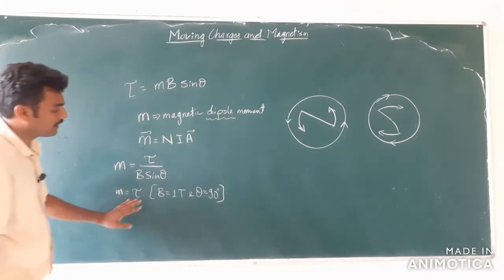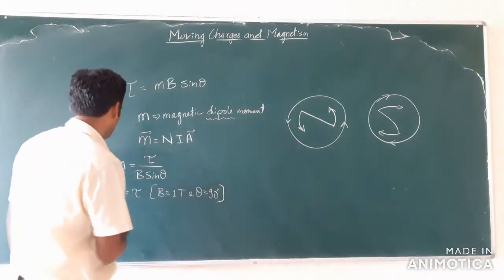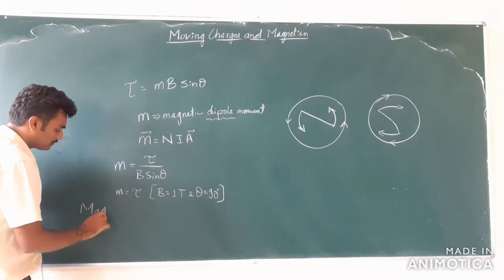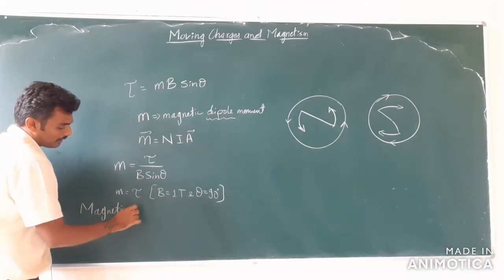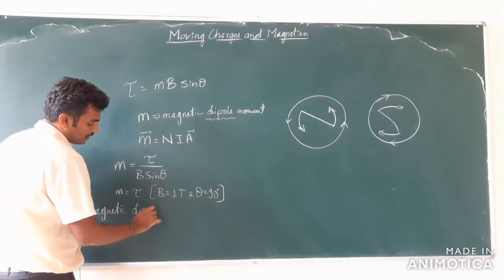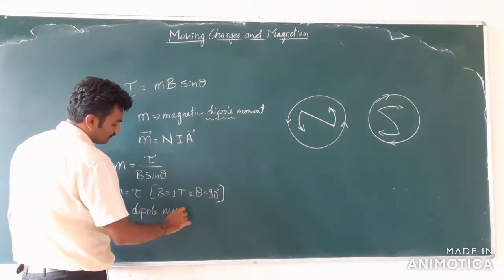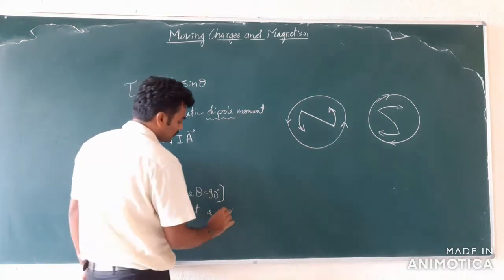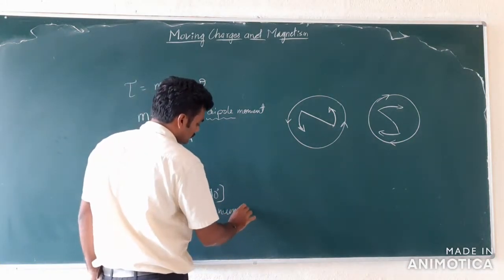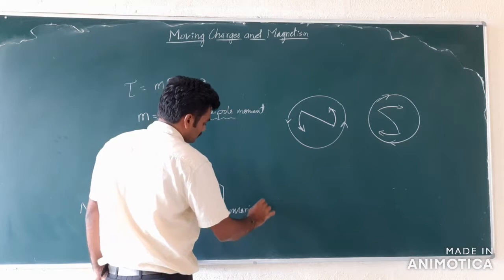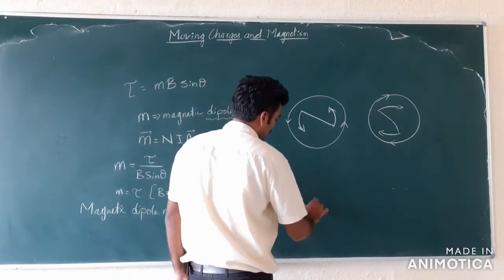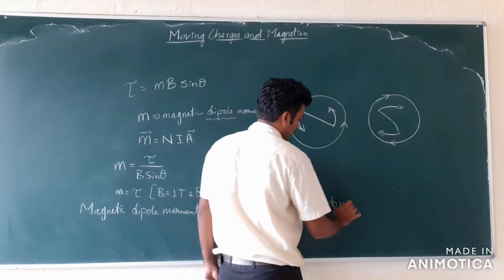So using this condition, we shall now define m. So the magnetic dipole moment is numerically equal to the torque experienced